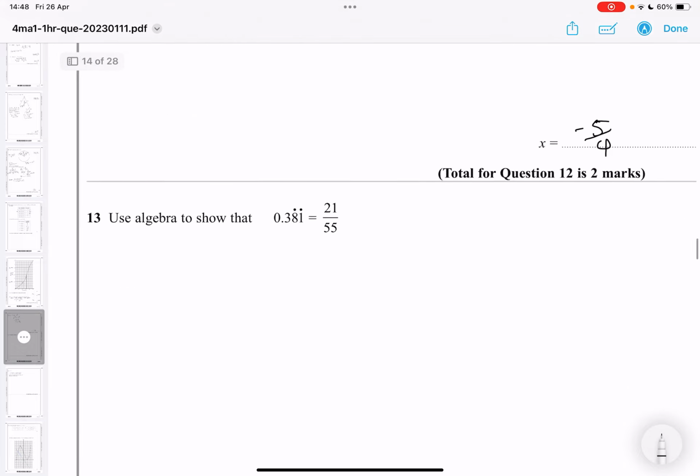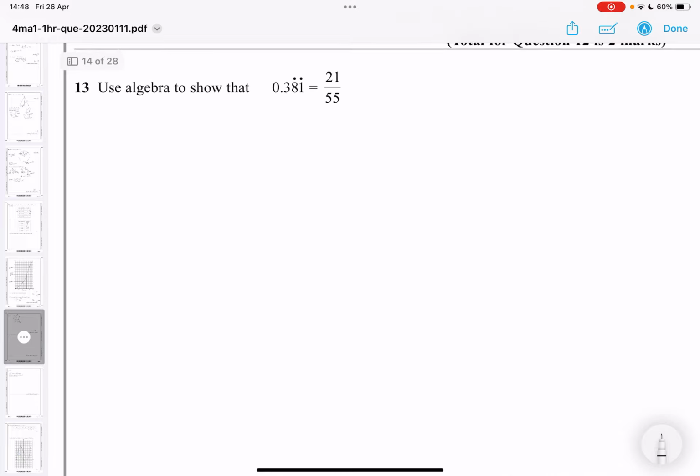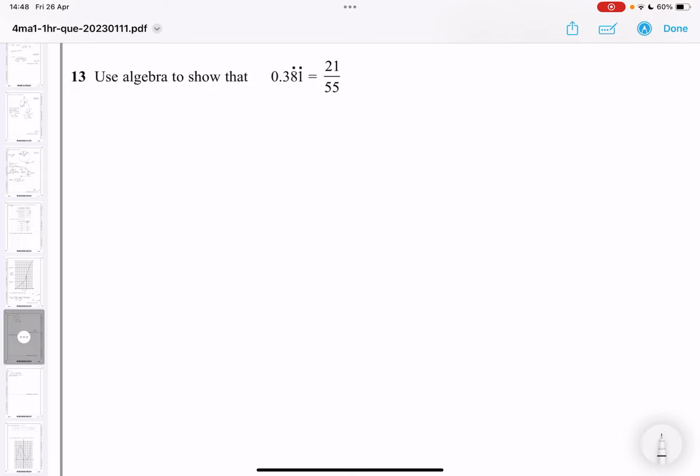Next question. Use algebra to show that 0.381 recurring equals 21 over 55. So for these questions, there's a set way of doing it. Okay, you just use the same method each time. So you start off by writing x equals 0.3818181. So you just keep on writing 81 because those are the digits that are recurring. Then you multiply by 10, so 10x equals 3.818181. Multiply by 10 again, so 100x equals